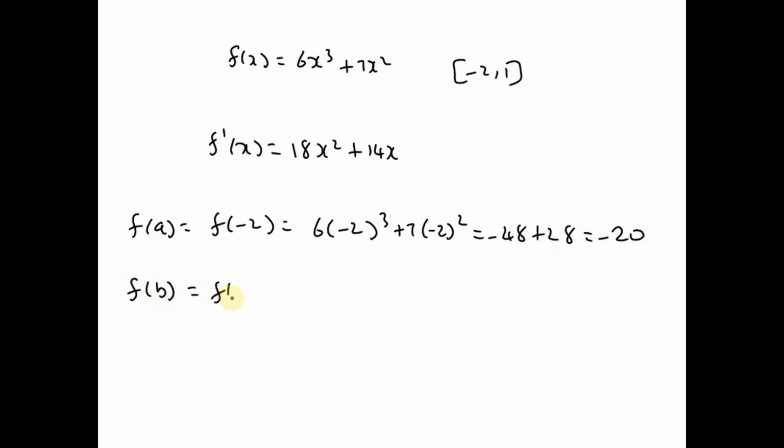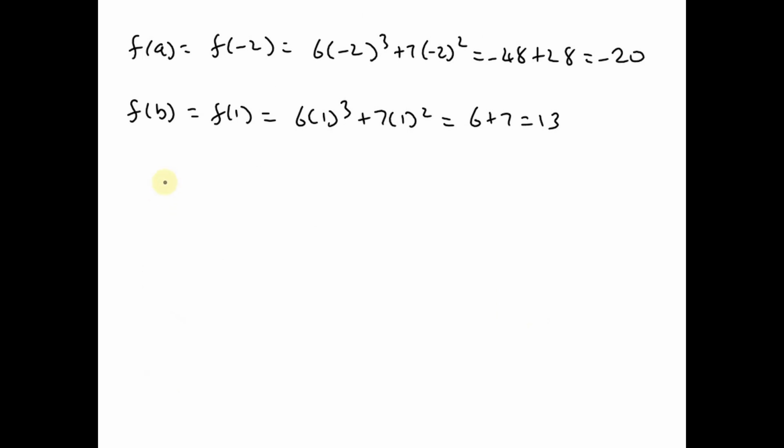F of b equals f of 1. Now substitute 1 for x, so we get 6 into 1 cube plus 7 into 1 square, which is equal to 6 plus 7, which is equal to 13. So according to the mean value theorem, there exists a value c in the interval (-2, 1) such that f dash of c